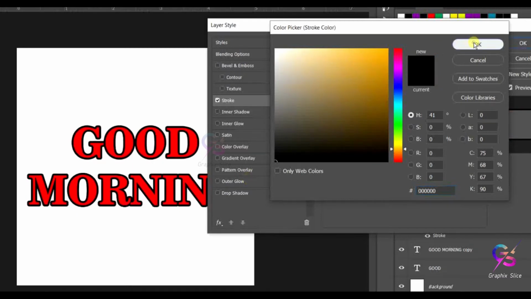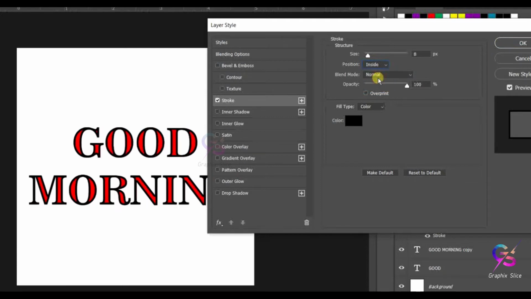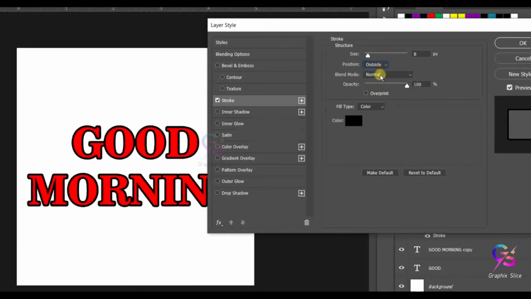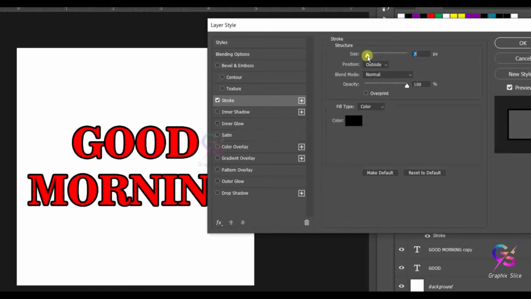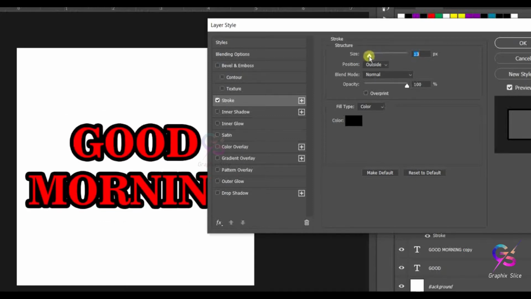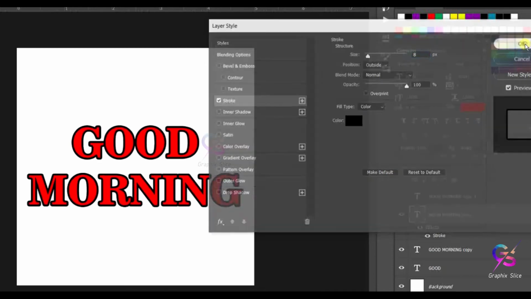Okay, keep it black only. And the position of the stroke is outside only. If it is inside it looks like this. So just switch to outside only. Okay, stroke value you may increase, see here, by using this scale, or else you can enter the value directly. So I set it to 8, then click OK.